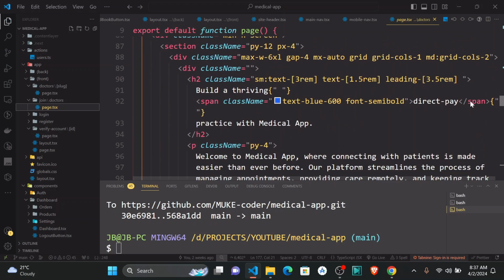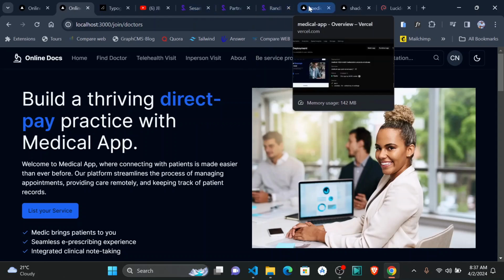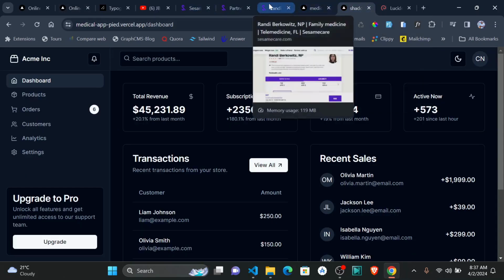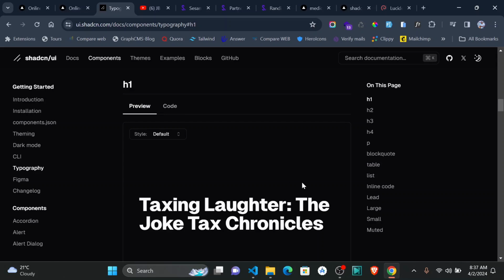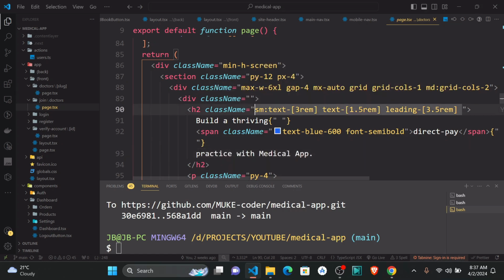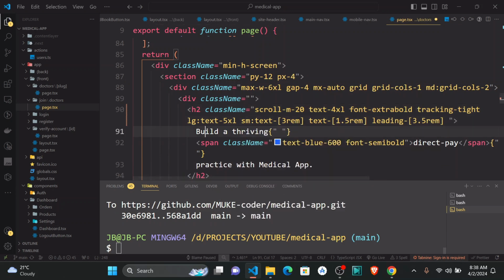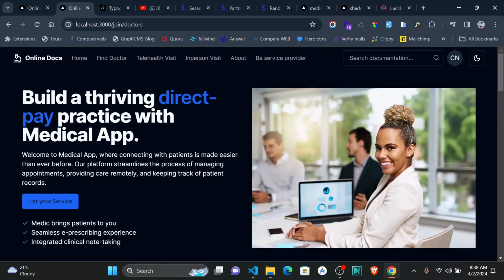There is this: practice with medical app. I think it needs to be more bold than that. What if I go to typography and see for H1? Let's try H1. Just try that and see. Build a thriving direct pay practice with medical app. Yeah, maybe that actually is one that